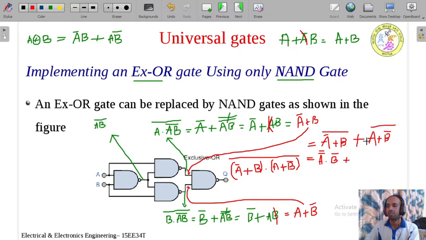Similarly apply the De Morgan's theorem here. You take this as A and this as B. A plus B whole bar is nothing but A bar dot B bar. So I will take the one variable, write it as A bar, replace the plus sign with the dot sign, B bar. You take the second variable as it is, B bar, and one more bar we need to add. So 2 bars. Now these 2 bars get cancelled and these 2 bars get cancelled. So what is the final expression you are going to get? Now you are going to get A B bar plus A bar B.